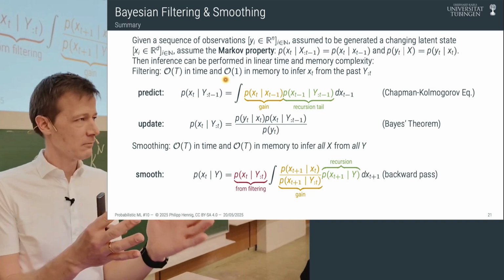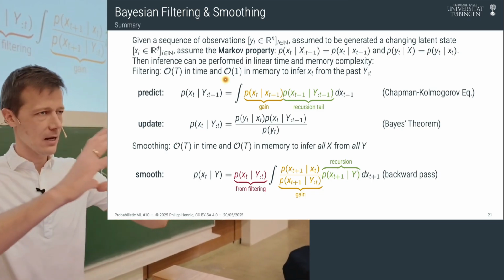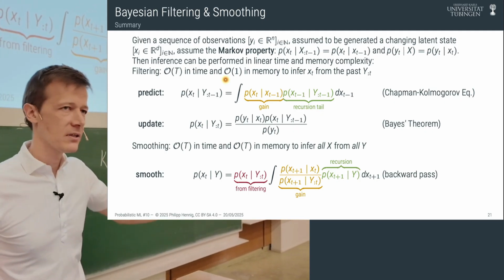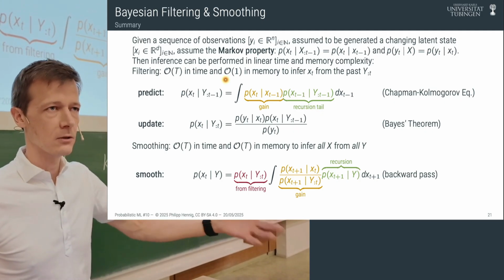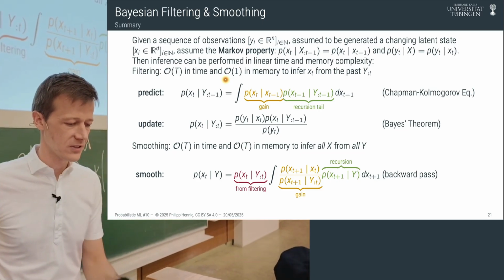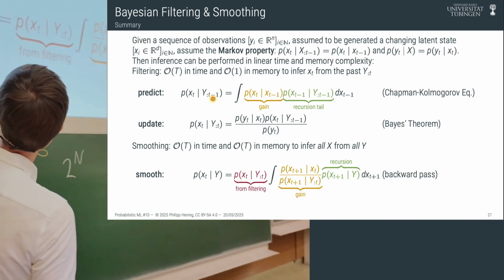So that's exactly what we want for online settings. You say, I have this device that has a fixed amount of memory, and I will send this through time, and every time step it'll do a local thing that has constant complexity. So if I do this for t time steps, the overall thing will be of cost t. And what do I need to do? I need to implement these two steps.